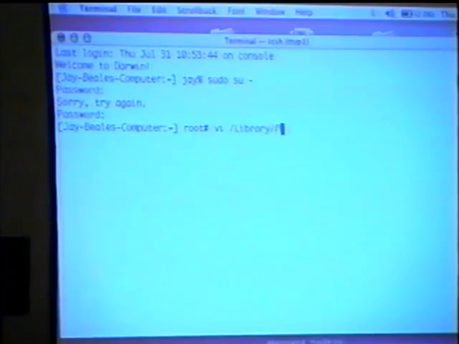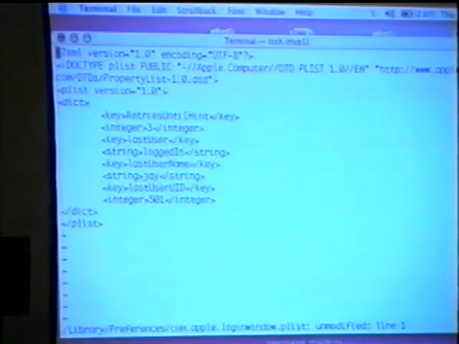A lot of the files that I'm expecting to be in etc are in places like Library or System Library. Com.apple.loginwindow.plist. Plist stands for property list. It's an XML file. A lot of Apple's configuration files are XML files, and you can usually edit these files with the defaults command. Oh, I already turned it off.